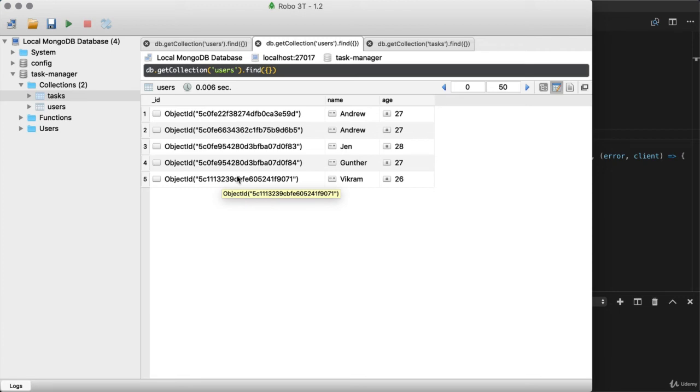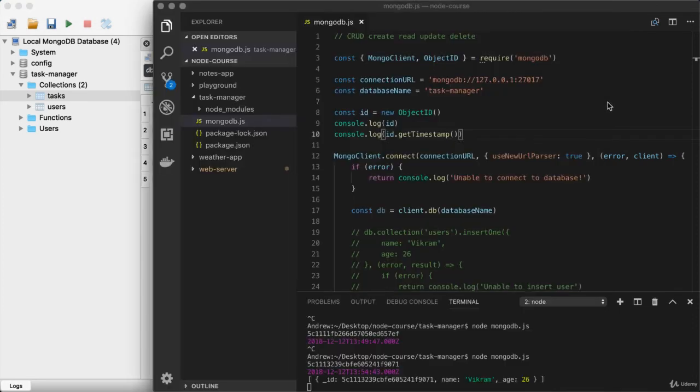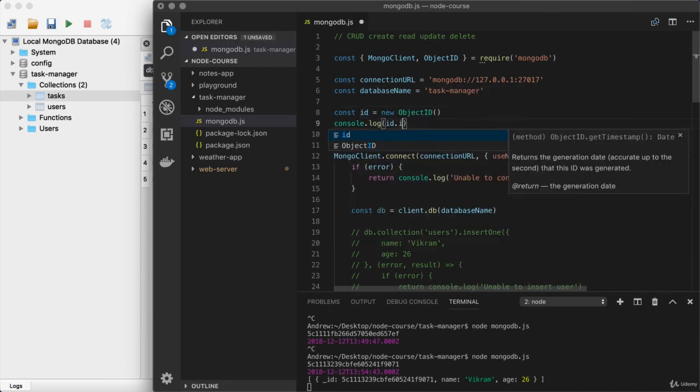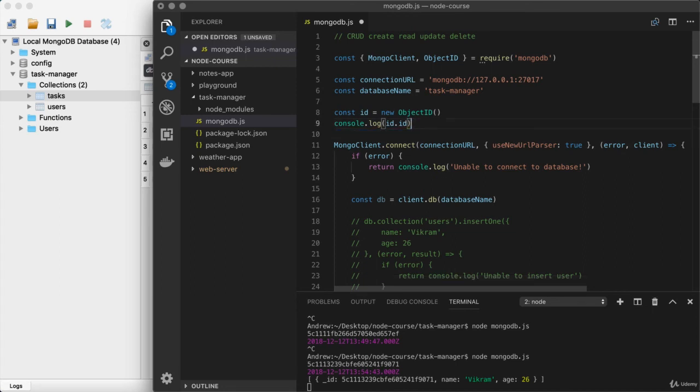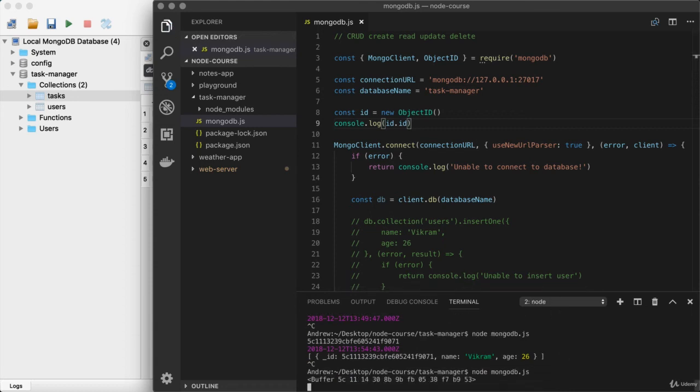Now, the reason they're using binary data over a traditional string has to do with the size of each. By using binary instead of a string, they're able to cut the size of an object ID in half, and we can quickly prove that just to explain exactly why this is the way they chose to go about things. So over inside of our code, we have this ID variable that actually has an ID property on it. This contains the raw binary information. What I'm going to do is take a quick moment to save the file and rerun it just so we can see that. I'll shut things down, start them up again, and right here we have our buffer with the binary data inside.